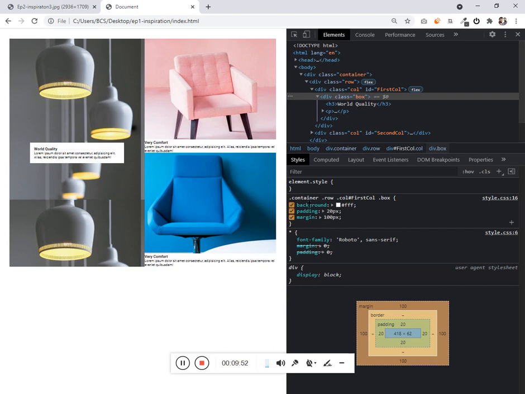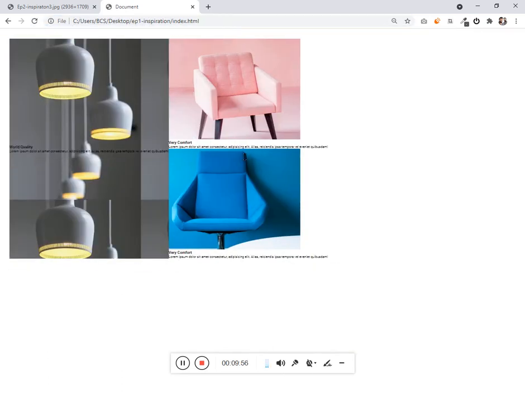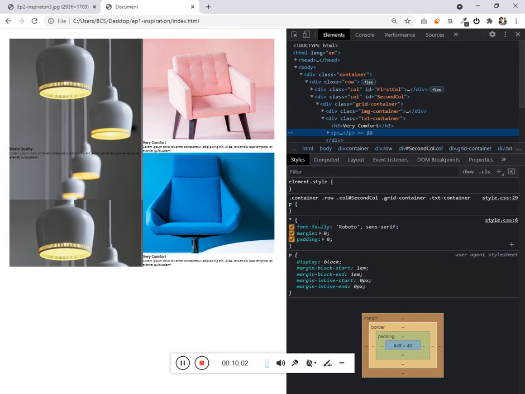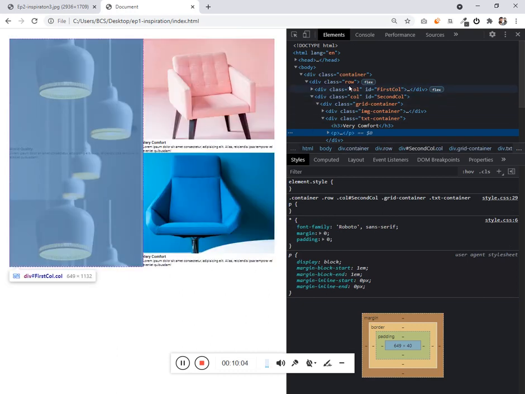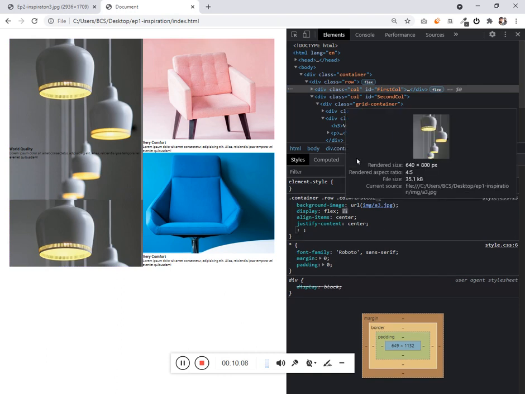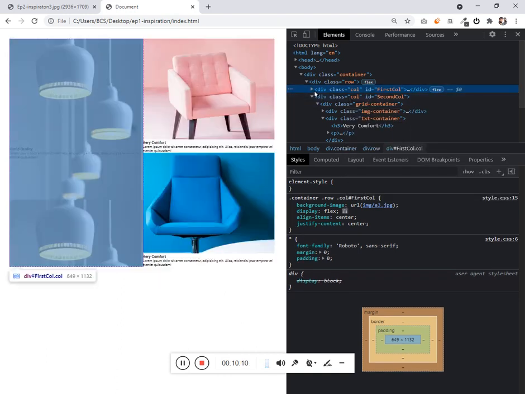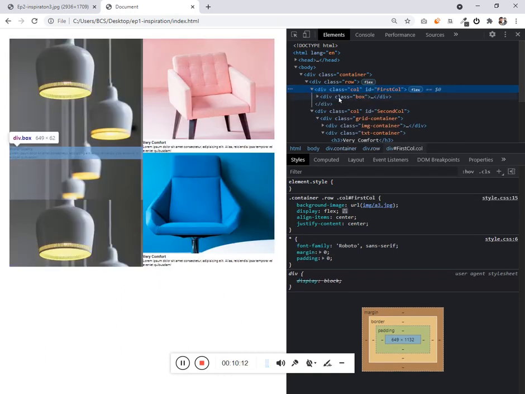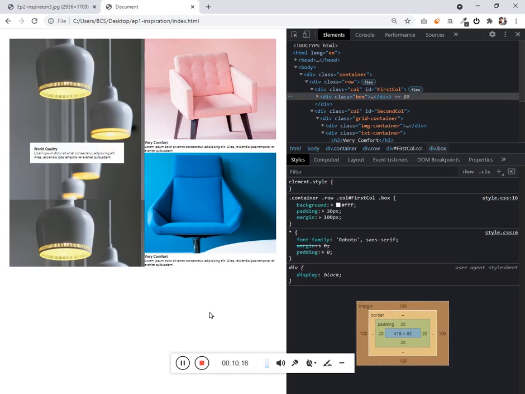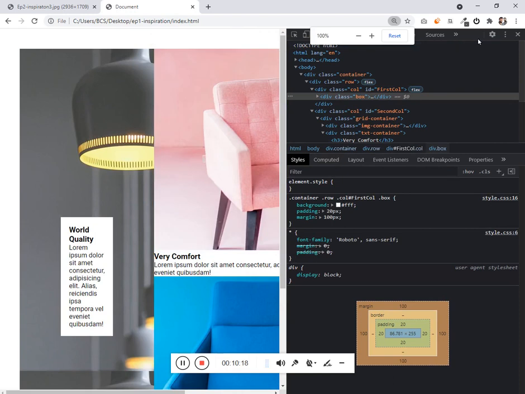That looks not bad. Let me check from the normal browser point of view. Refresh this and choose the container, choose the box, and use Ctrl 0 and take this out.